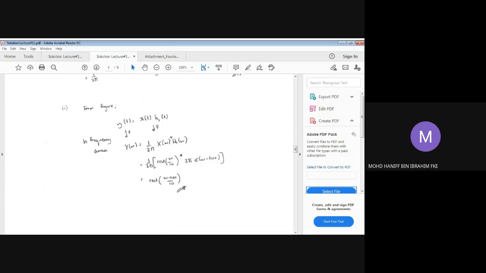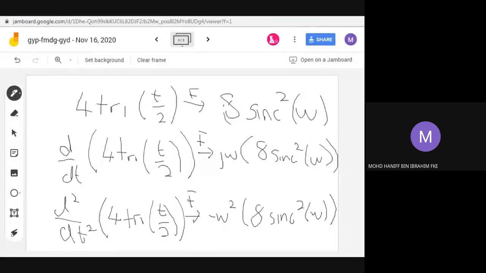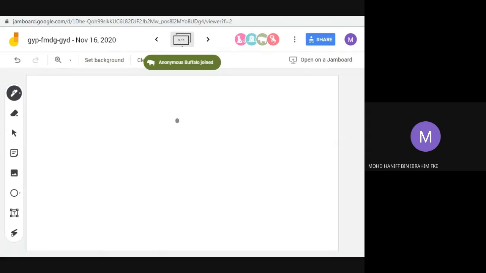allow me to use a Jamboard to explain this in a clearer picture. So allow me to use the Jamboard. Okay. Right, this is the one. So we have a signal of rectangular omega divided by 10. Okay, and then we have another one, if I'm not mistaken, it is